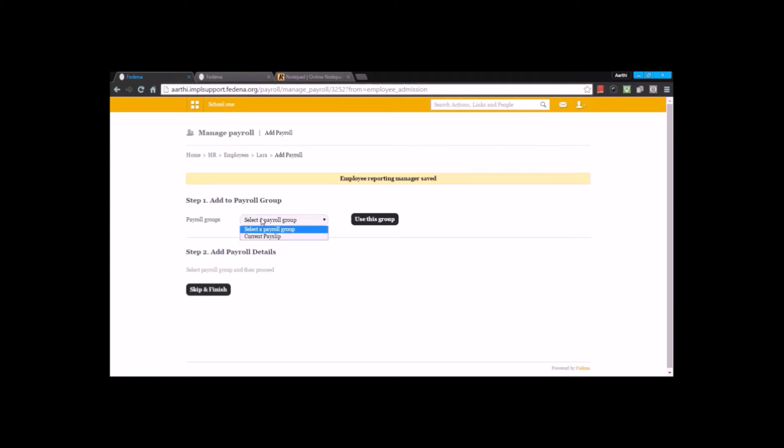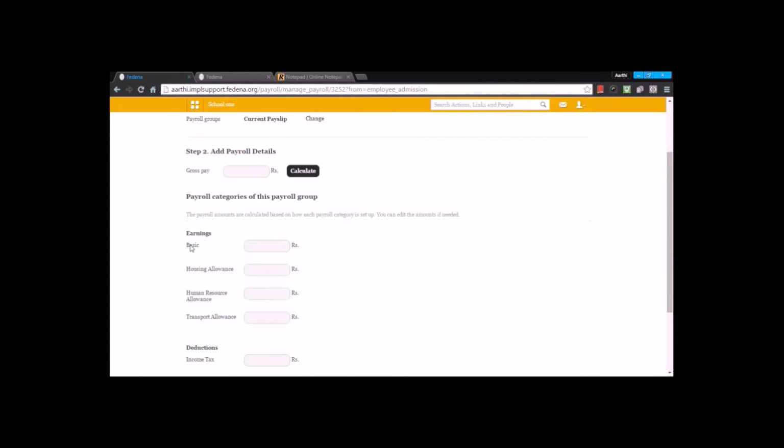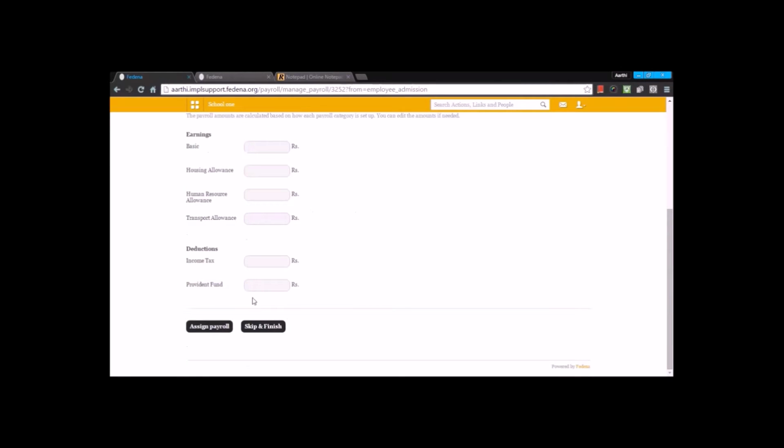So here you can see this is how I have created one of these groups that is available here. I'm selecting this group and I'm saying I use this group to Fedena. And automatically it takes in all the groups that I've created and it takes in the fields as well. So now what I need to do is enter the gross pay, because all my earnings are dependable on my gross pay. So I'm giving a gross pay here